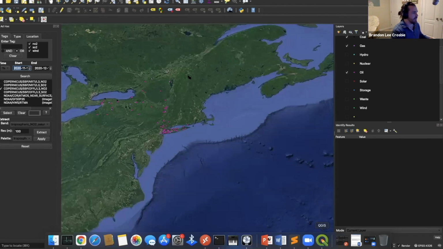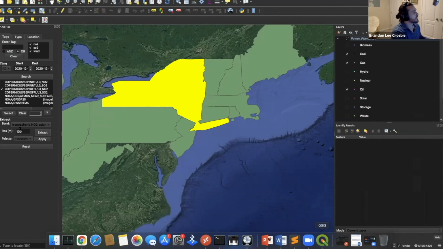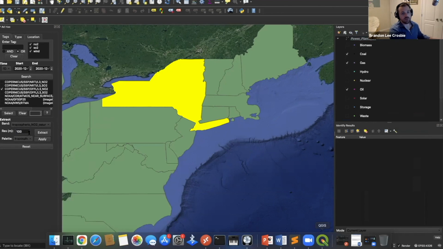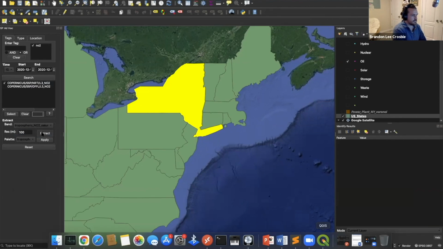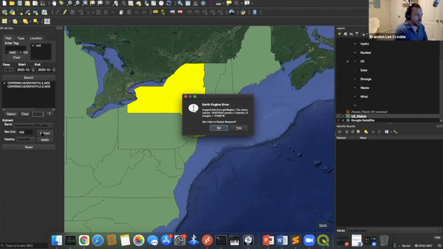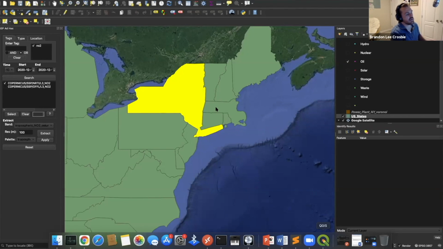If I zoom out, I want to get one day. And let's say I want all of New York on a 100-meter resolution. So good luck. Now this should fail yet again, but hopefully in the way that I expect. For this particular Earth Engine error, it will tell you the limit. If you click yes on get help on this resize of the request, we can actually do some napkin math